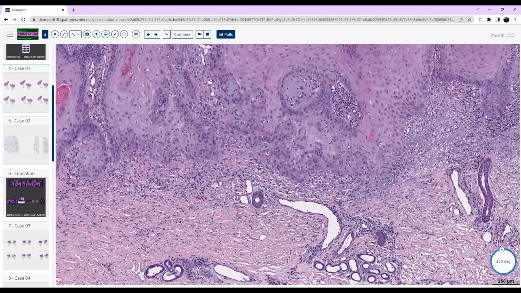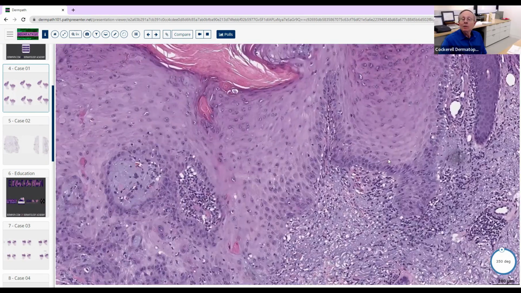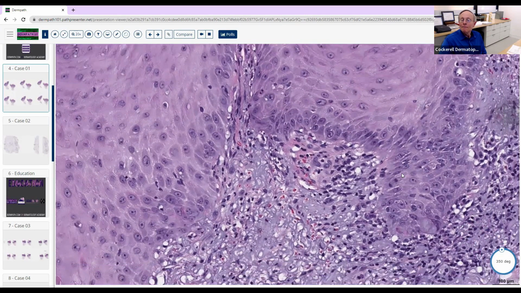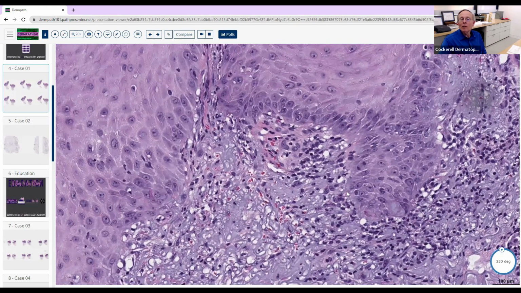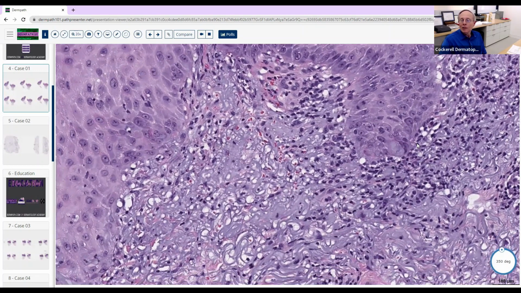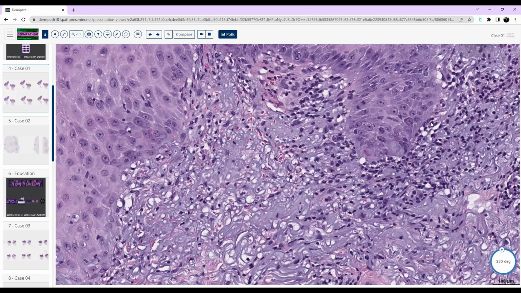So what else could possibly do it here? I'm trying to show an area here that might give you a clue. So this is a relatively hard biopsy. You really see mostly pseudocarcinomatous hyperplasia. Can you see what I'm pointing out here? What's going on right here in this focus? So right on the interface,